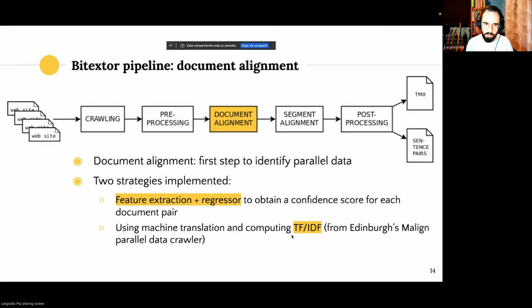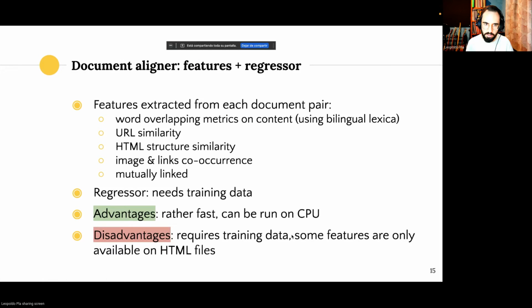The first one is feature extraction with a regressor. We obtain a confidence score for each document pair. That way, we can be sure that a document is a translation of, or is quite similar in translation to, the other. And the other approach that we have is using machine translation and computing TF-IDF. Okay, I will talk about both. The first one, based on features and the regressor,